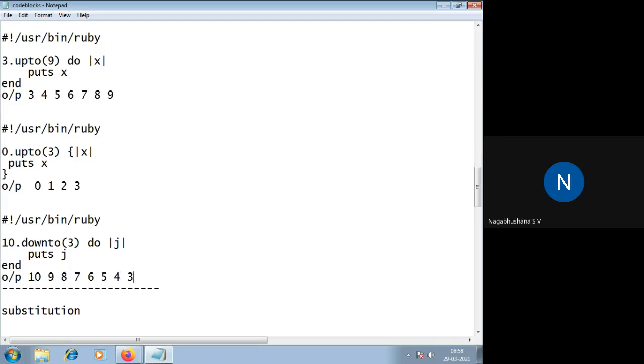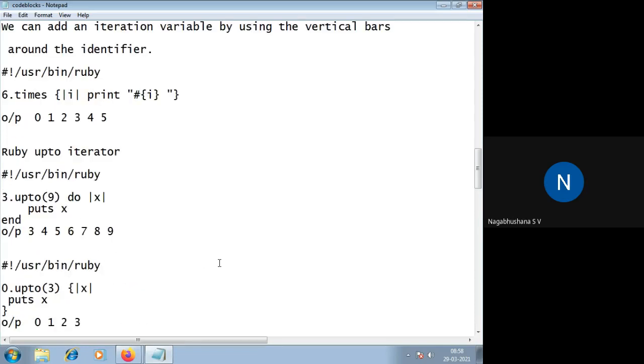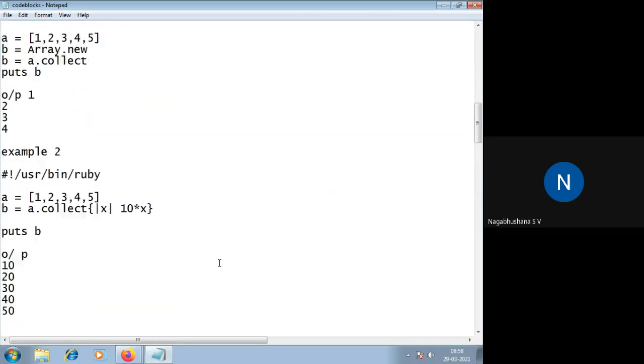So it displays in reverse order. These are some of the iterators which are very often used when you are building an application.